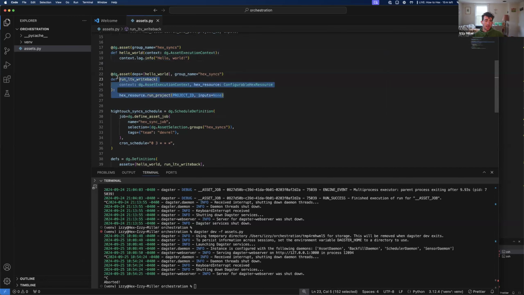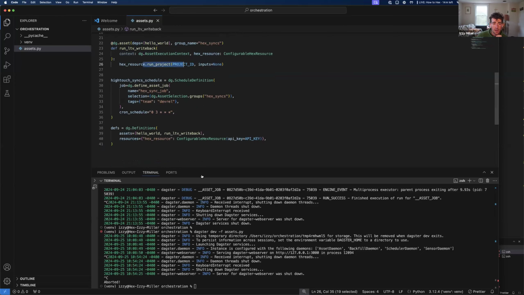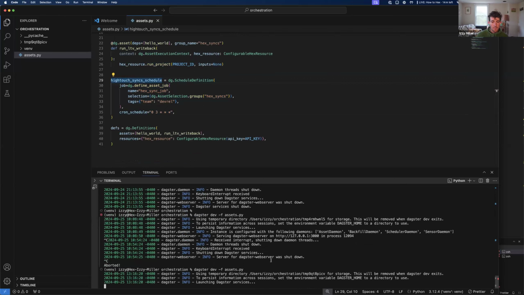Then we create a Hex asset that's dependent on that. You could imagine this asset being an upstream sink that would prep the data that the LTV write back step needs, or any number of complex pipeline steps. Then we can key the run of this Hex project off of those dependent assets. And of course, you can configure this whole thing to run on a schedule to match up with your ETL syncs, etc. So if we fire this up in Dagster,